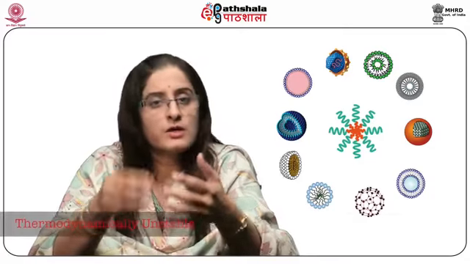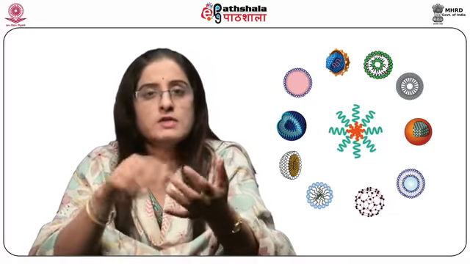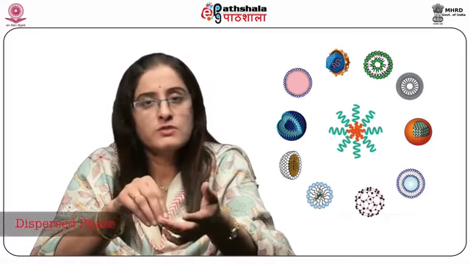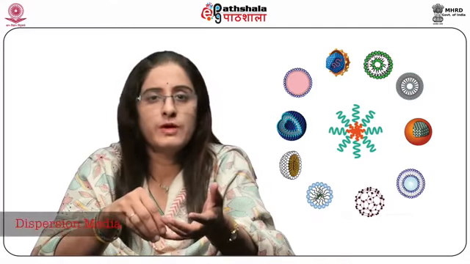First we should see what an emulsion is. Emulsions, as we all know, are biphasic, thermodynamically unstable systems, and they generally contain two liquid phases which are immiscible with each other. One liquid phase is dispersed in another liquid phase in the form of very fine droplets, uniformly. So there are two phases in an emulsion: one is the disperse phase and the other is the dispersion medium.